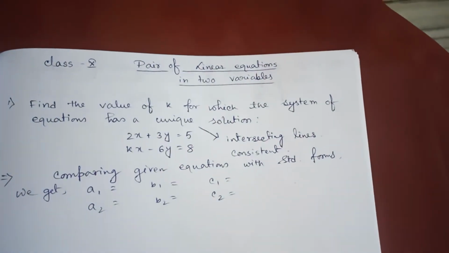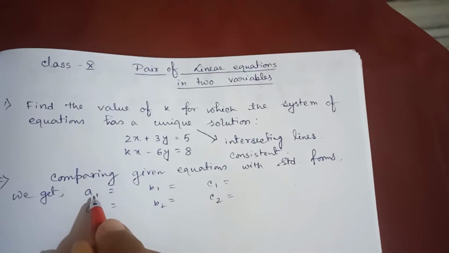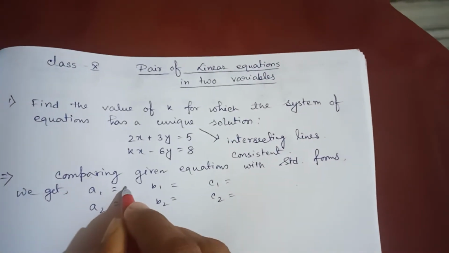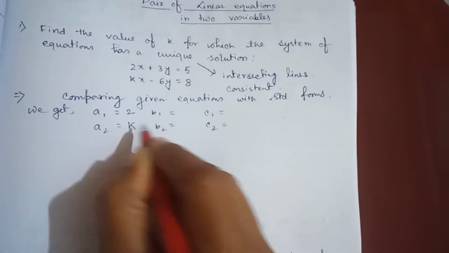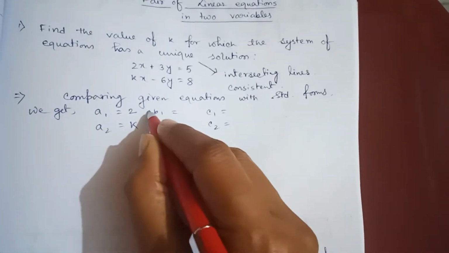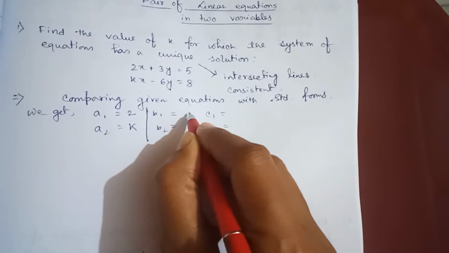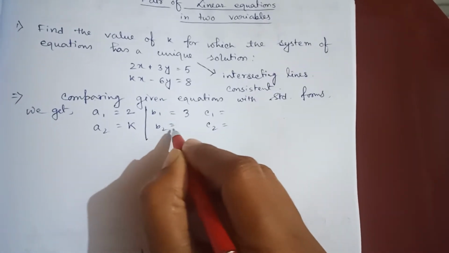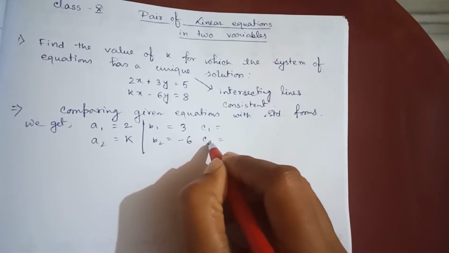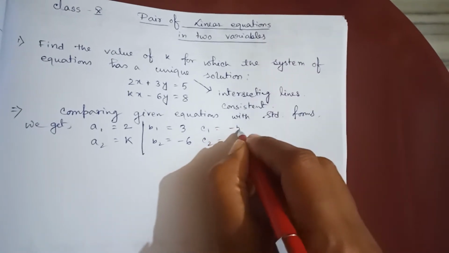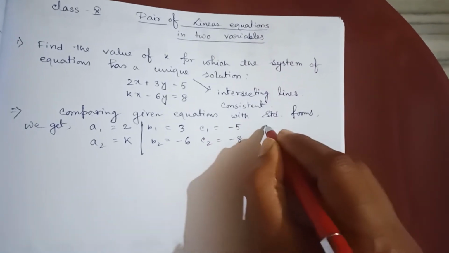There are 6 terms. a1 will be 2, a2 will be k, b1 will be 3, b2 will be minus 6, c1 and c2 will be minus 5 and minus 8, because